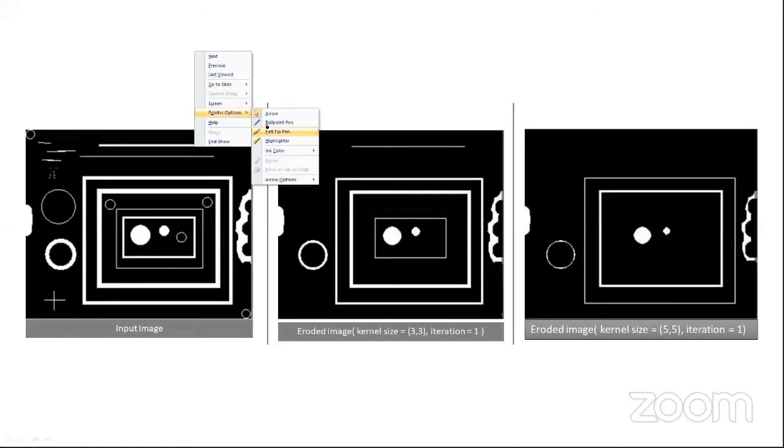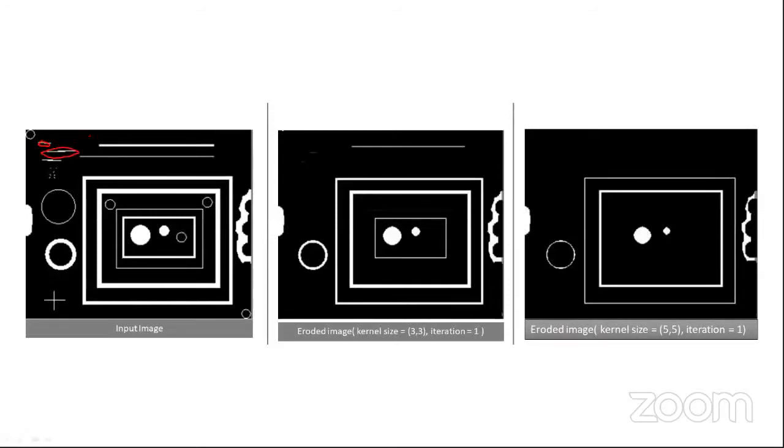So in this image, you can see there are small noises here, and I don't want them in my image. So I want these things to be removed. So what I can do, I can use the erosion technique. So what does the erosion technique do? It will have a filter. The filter has a value 1. All the values of the filter will be 1. Okay. So then you will perform the element-wise multiplication. If the multiplication is 1, then you will only consider it as a 1. So by 1, I mean the brightest pixel. Since we are working on a binary image, we only have two things, 0 and 1. 1 corresponds to white and 0 corresponds to black.